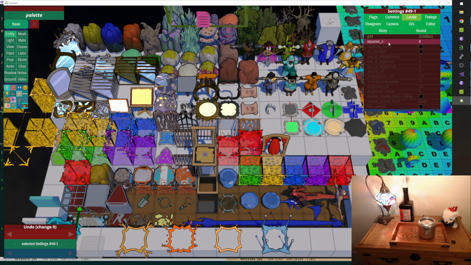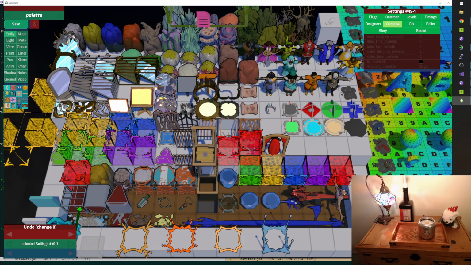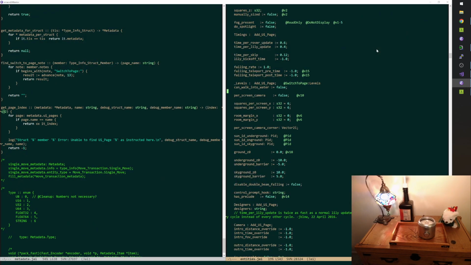So all disable double beam falling is probably not a thing that we need. Anyway, timings. Boom. Okay, so we just lopped all this off. Which means on the timings page, of course we could sort things around a little bit more, but on this timings page,